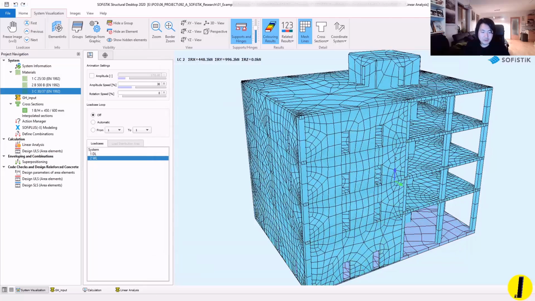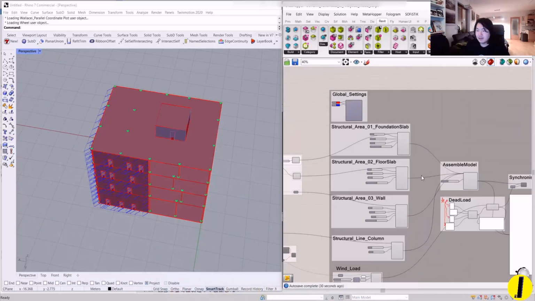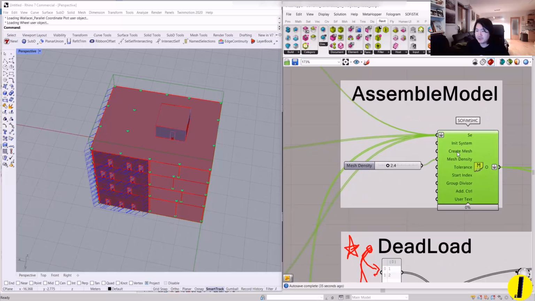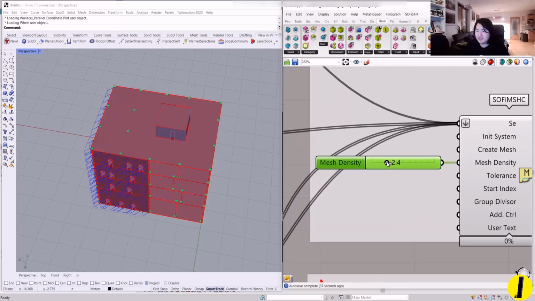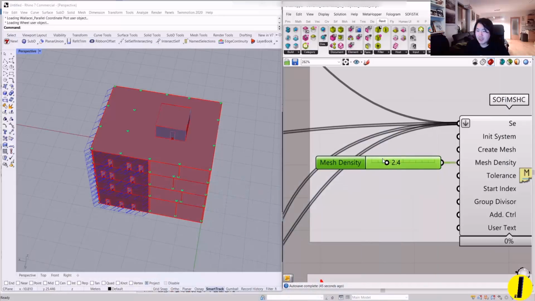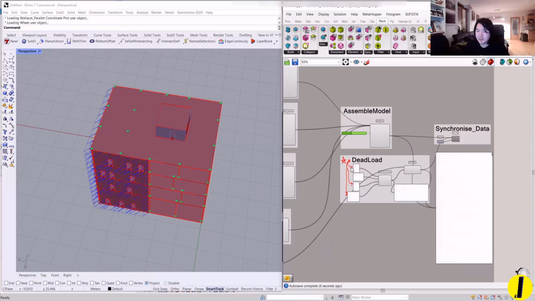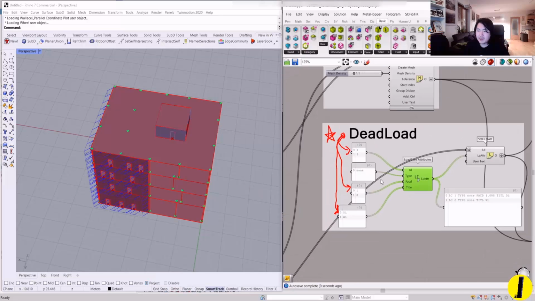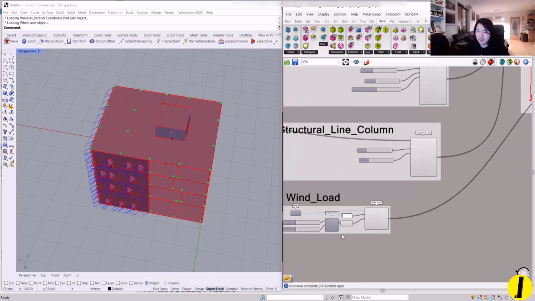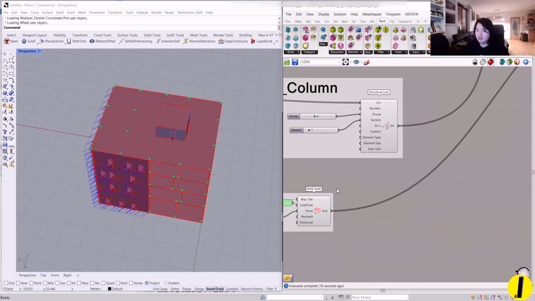Alright, so these are all organized, and all these components are now going to be assembled on the SOFiMesh component, and the mesh density I can change. Right now, if you look, the density is about 2.4 meters, but I can make it bigger, or maybe make it smaller, like 1.1 meter mesh density. And here I'm applying dead load. Dead load ID number is 1, and then the wind load I gave ID number 2,